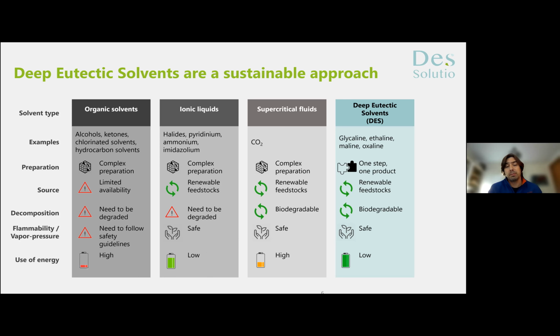The process is simple, much more simple. The cost is much lower and, more important, I don't obtain a few grams of my extract, I obtain liters, because the production is much higher. My product is not just the extract, it is the active solvent. So it's the deep eutectic solvent with the added value of the extract. This is a big advantage when implementing, in this case, extracts more directly into industry.